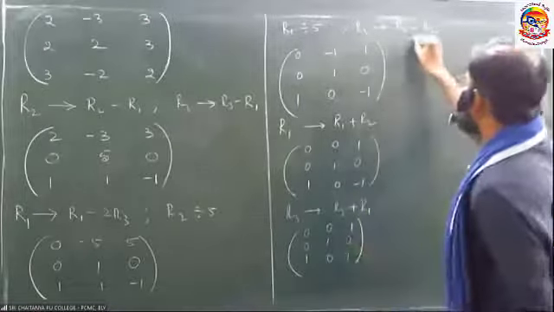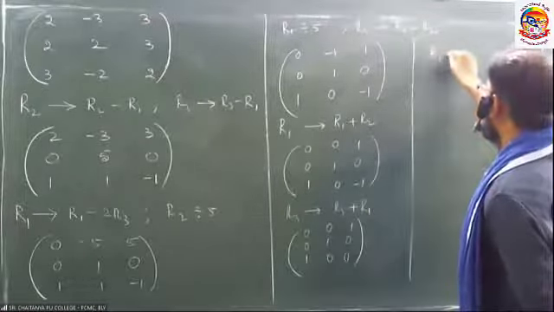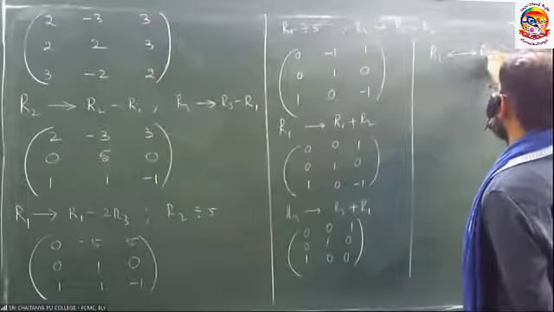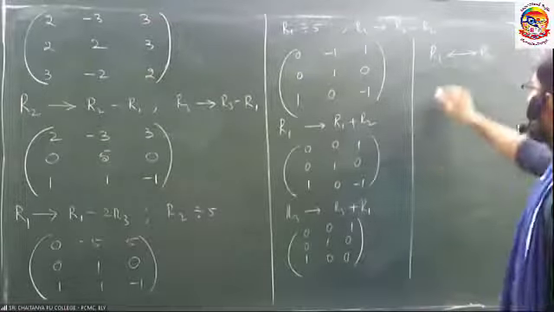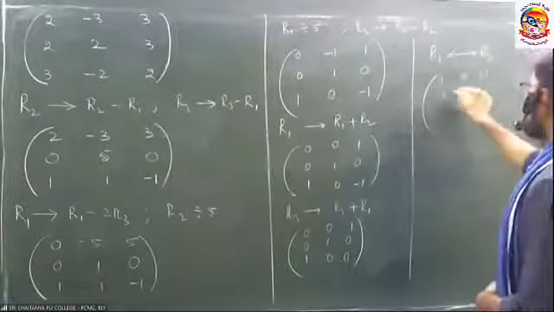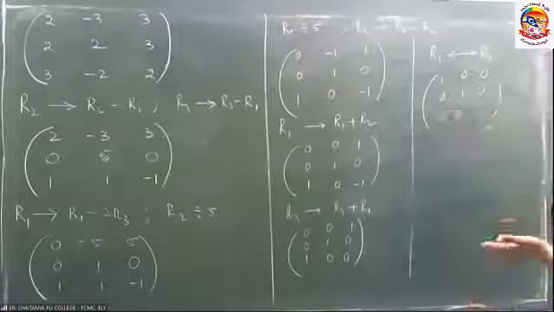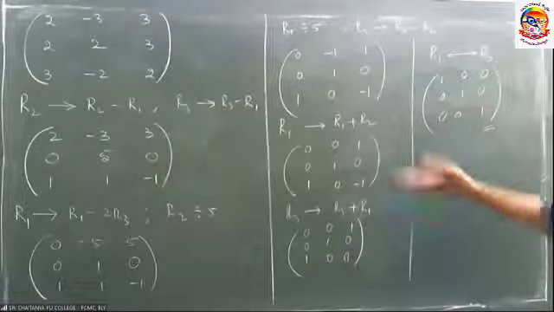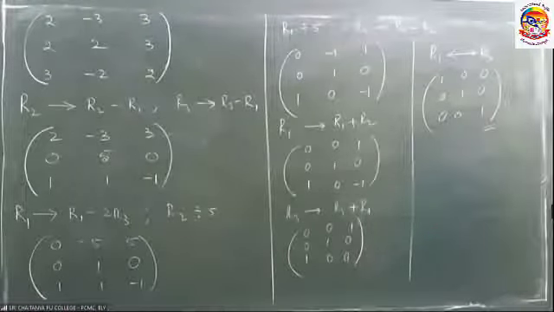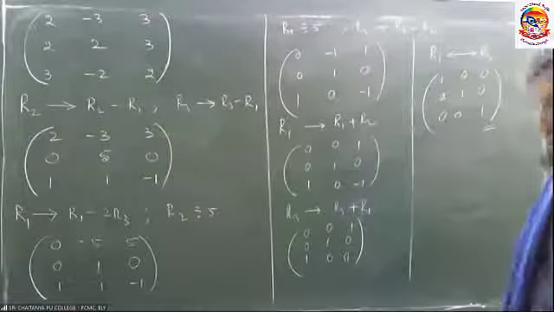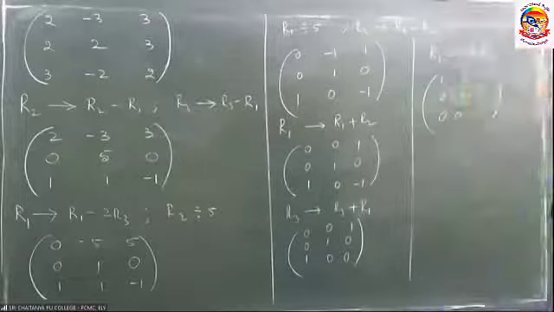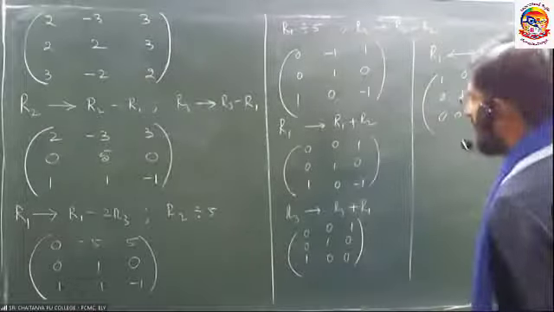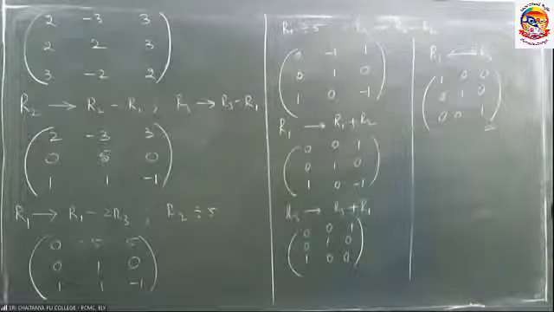Now interchanging R1 and R3, R1 changes to R3. That means I am going to get the identity matrix, by taking fewer steps if you want. As this is the first problem, we have used 1, 2, 3, 4, 5 steps. You can wind up if you think, but the steps should be correct. Write down.